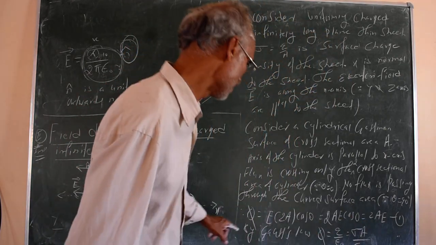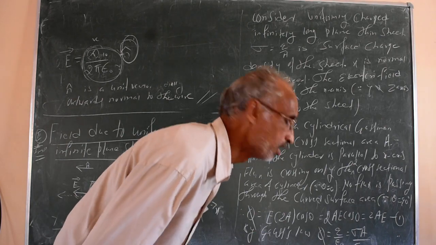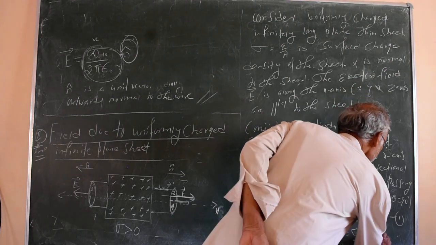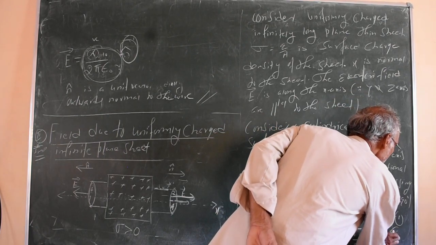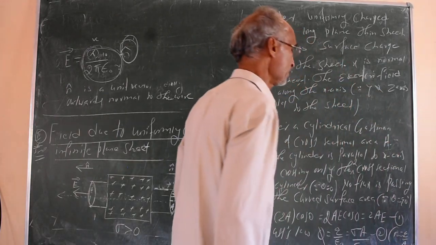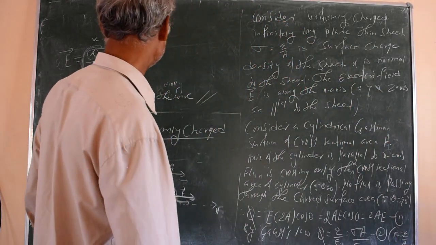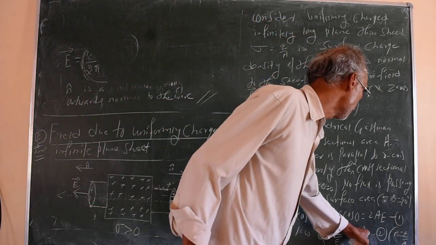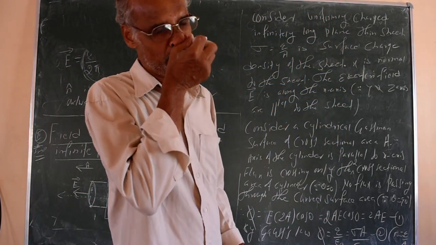That's 2A. By Gauss's law, what is the flux phi? Q upon epsilon. What is the Q? Because sigma is equal to Q by A, therefore Q is equal to A into sigma. That's all. Now, equating 1 and 2, I got phi is equal to sigma A by epsilon, which was